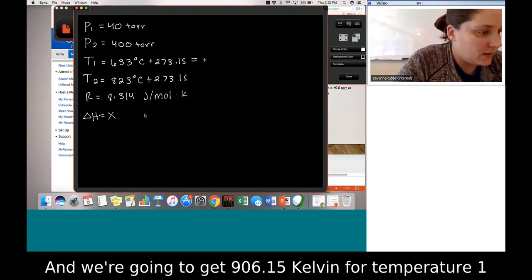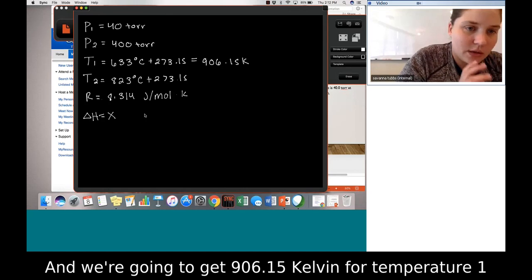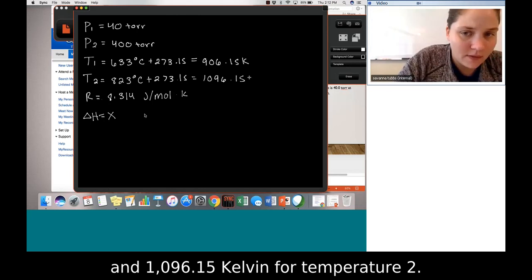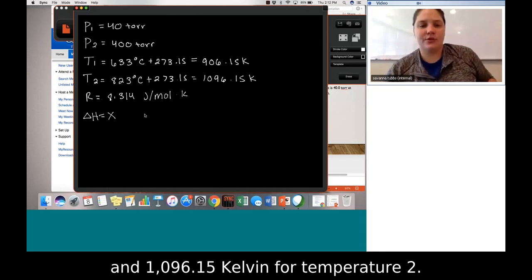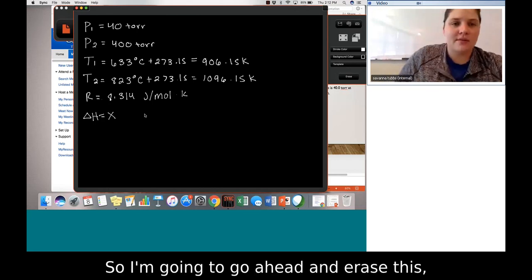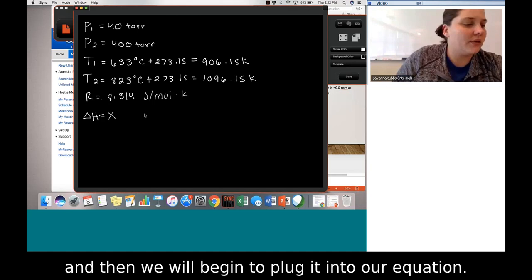So we're going to get 906.15 Kelvin for temperature 1 and 1096.15 Kelvin for temperature 2. All right, so I'm going to go ahead and erase this,